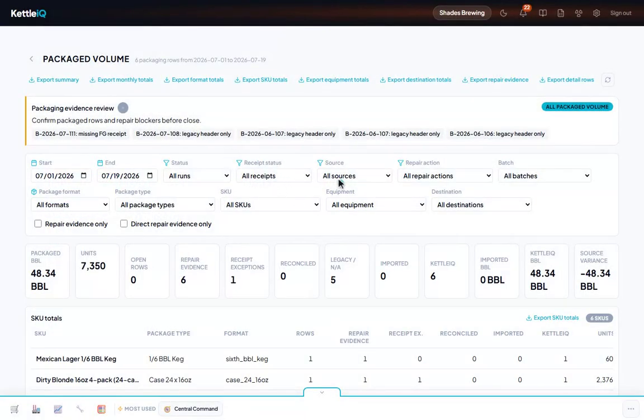This screen is your record of everything that's been packaged, totals by batch, by SKU, and by date, so you can confirm your packaging runs landed the way you expect. Use the filters at the top to narrow down to a date range, a specific SKU, or a specific batch. Each row shows the volume packaged, the destination package type, and links back to the run and the batch it